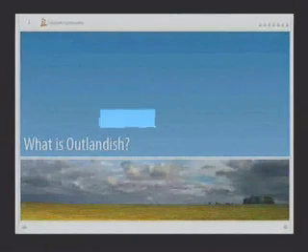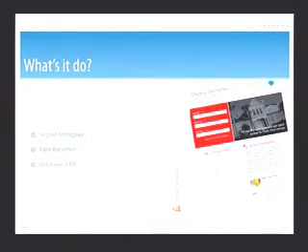Okay, so what is Outlandish? Outlandish is really all about landing pages. For you guys who aren't familiar with the concept of landing pages, crash course in landing pages, it's really an advertising thing. A targeted landing page has content that's very specific to your marketing campaign. So it's a destination mini site, I guess. It's usually only a single page, but the content is very specific to the advertising campaign that actually drives the